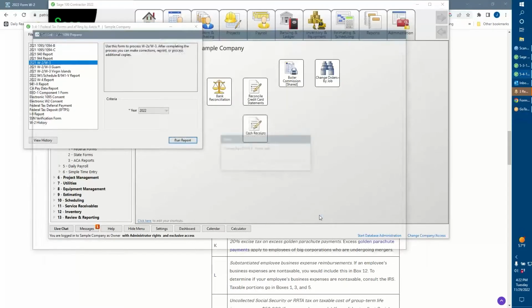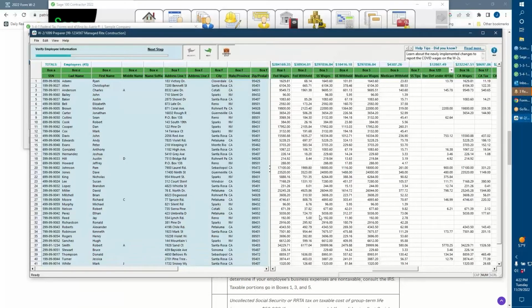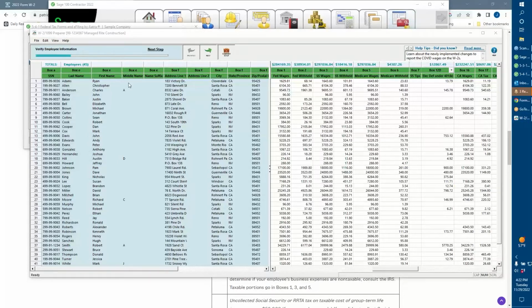And then it goes ahead and prepares these particular pages in here. So Sage is going to put the proper label in the proper boxes based on the way you set up the calculations.